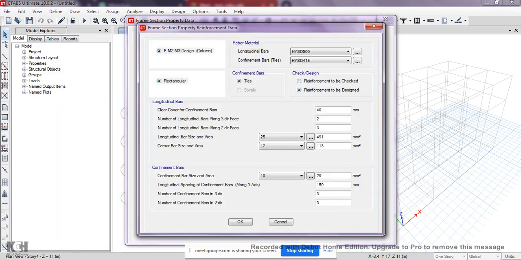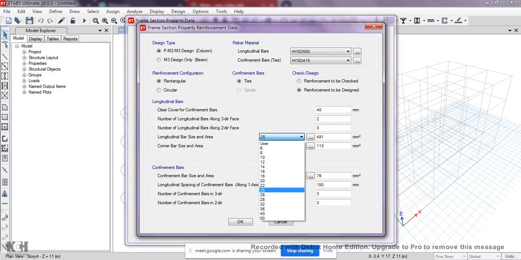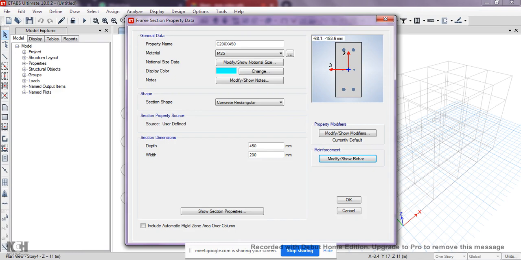I just made a small mistake. The longitudinal is 12 mm, corner is 25. You can see here the corner is increased, and here it is lesser, 12 mm. So in this manner we can define how much reinforcement is coming. Understood?